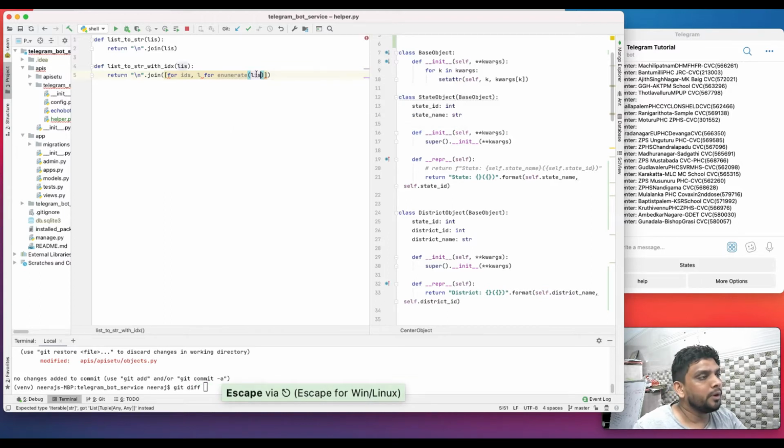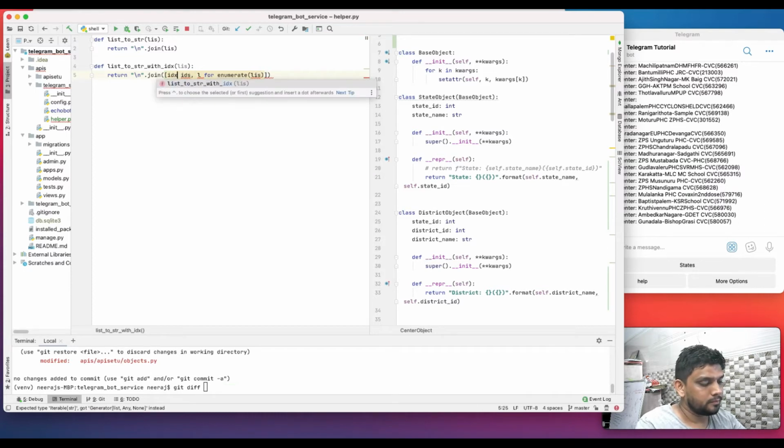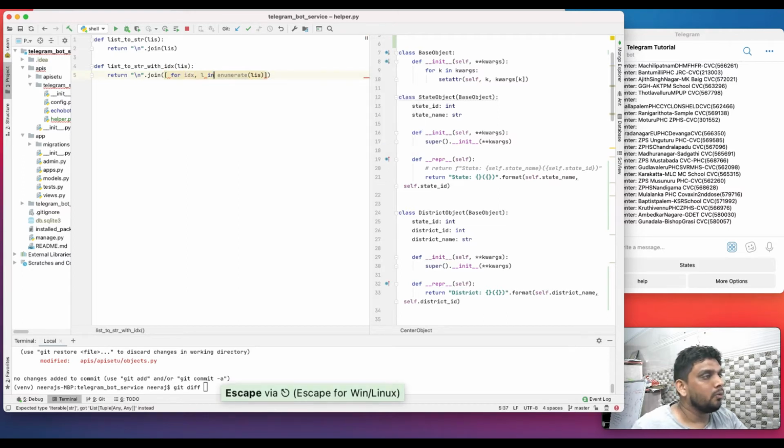When we enumerate a list, it will iterate and at the same time return the index and the element value.